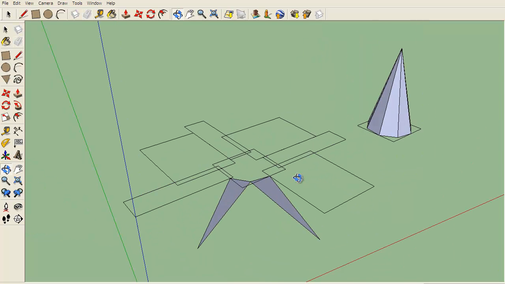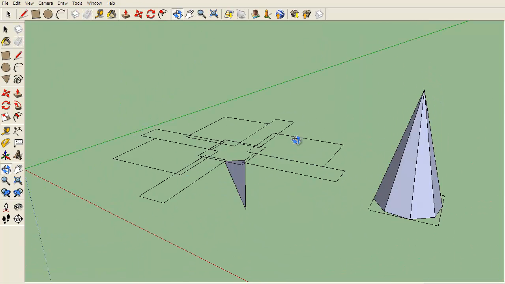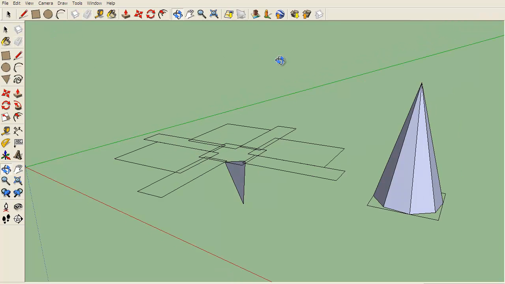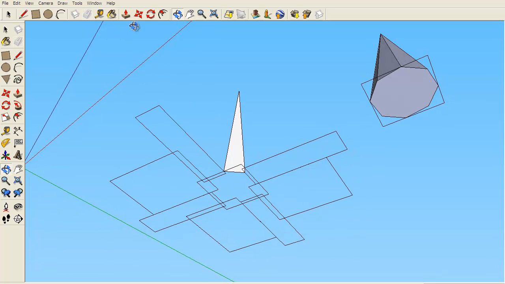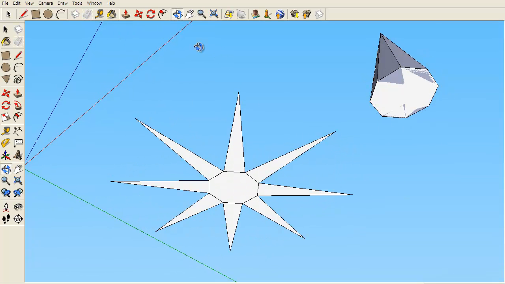And the beautiful thing about Google SketchUp is I can go under, over, I can orbit from any direction to just see what this looks like. Alright? And so when you get this net activity 3 done, then you can go into the tutorial that'll show you how to hand them